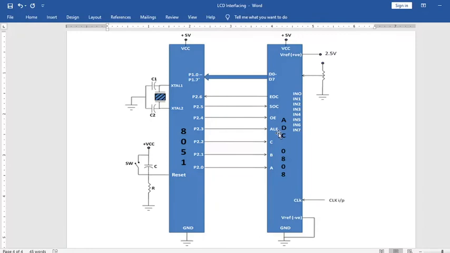So ALE will be activated, and output enable will be sent from the 8051 to the ADC to tell it that it should enable its output and give me the output. The output will be enabled on D0 to D7, which will be read by the 8051 on P1.0 to P1.7.